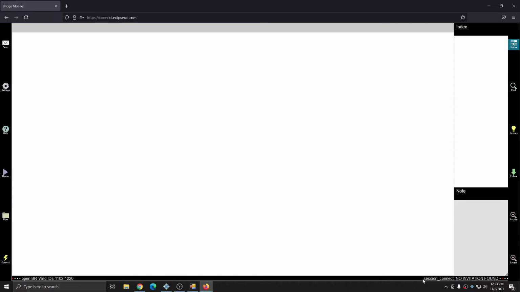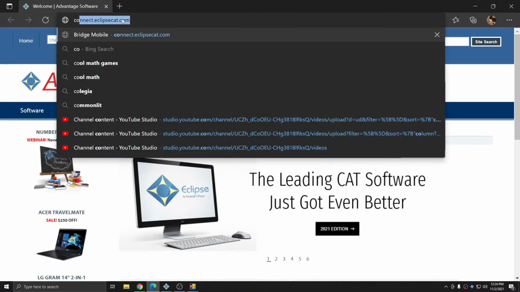even though I do have my email address validated, I'm still not allowed into the session, and it tells me that no invitation has been found. And that's because my email address was not listed in the list of valid IDs when I set up the session in Eclipse. If I close out of Firefox and return to Microsoft Edge,